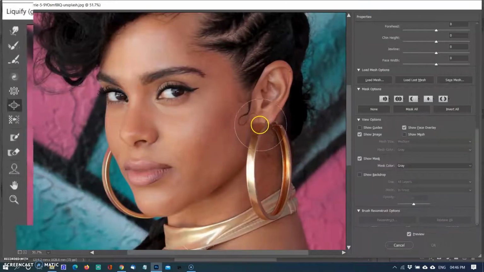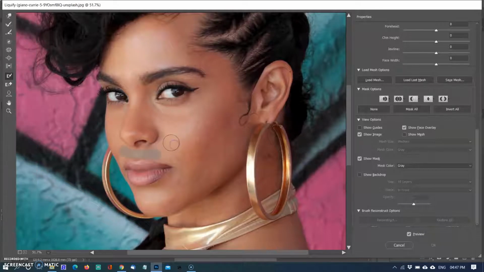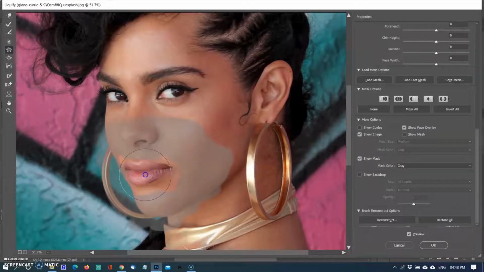Now I come to another important tool, Freeze Mask. This tool is very useful when you are altering parts of an image near other parts that you don't want to alter. Drawing a mask on certain parts of your image will protect those pixels from being manipulated by any of the Liquify tools. Now I am painting over the area that I don't want to liquify with the brush, so only the lips area is open to edit. Now I am using the Pucker tool to make the lips thinner. You can see only the lips area is being modified. See before and after.